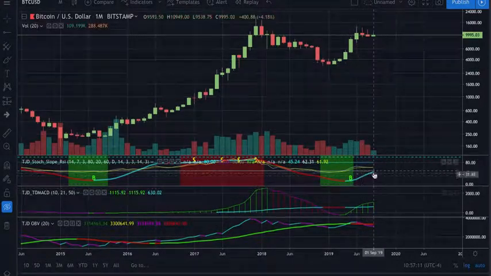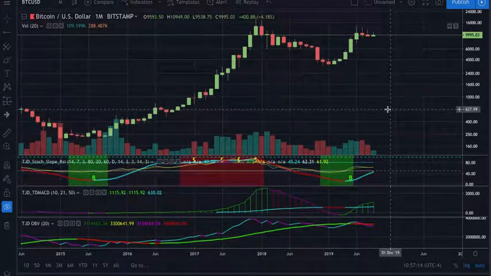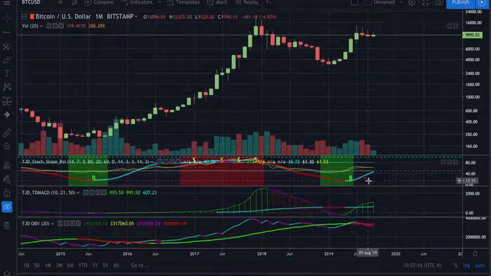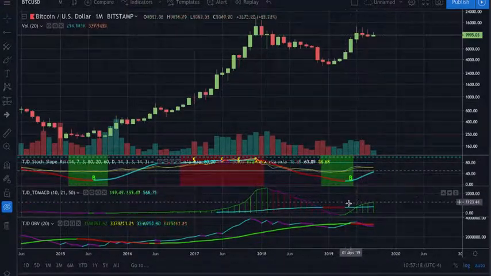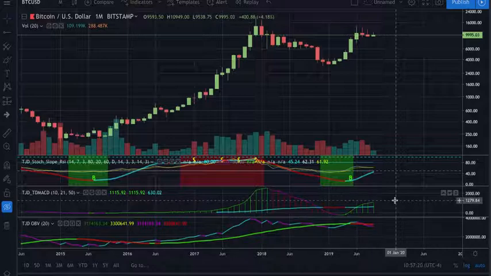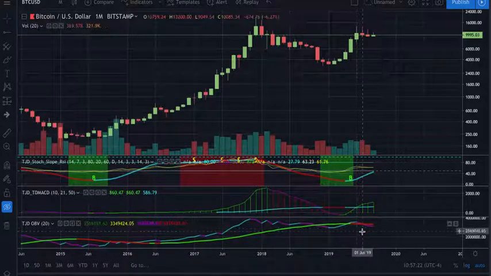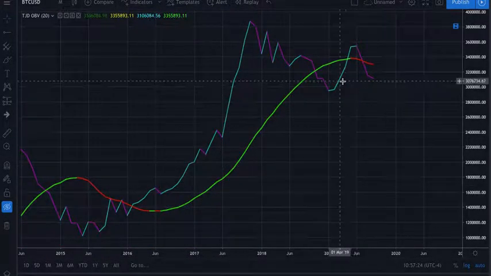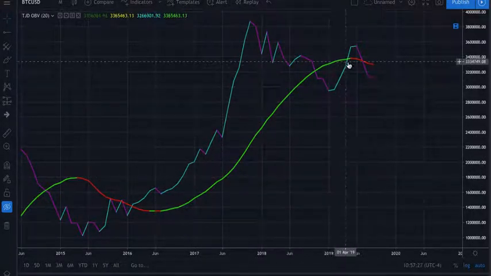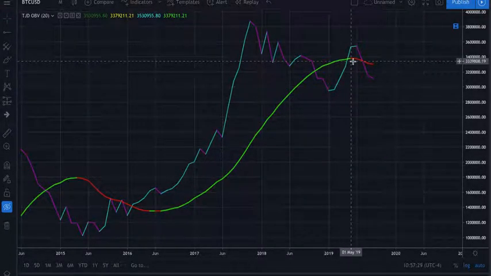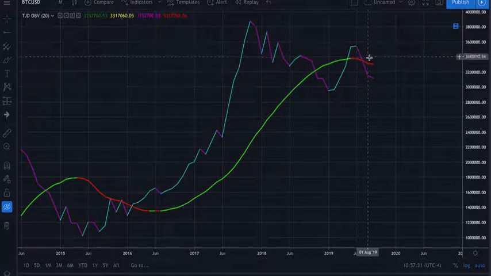And again, we do have the positive slope on the TD MACD, or I'm sorry, the Stokes slope. We have the green above the blue and positive slope on the TD MACD, and then finally, again, we're looking a little more bearish on this one. We did in fact lose the positive slope on balance volume, and we're starting to get the negative slope here